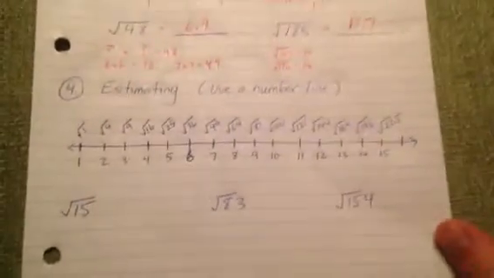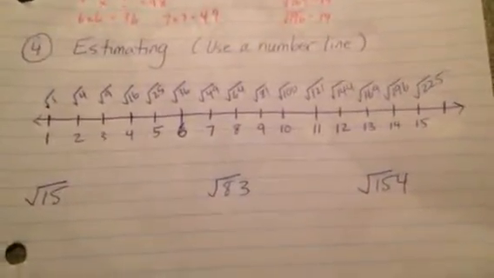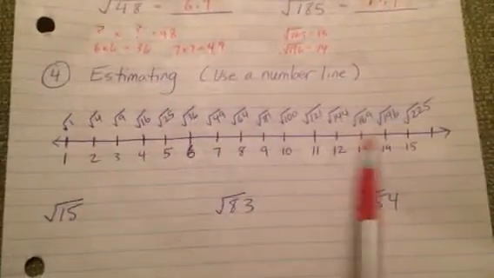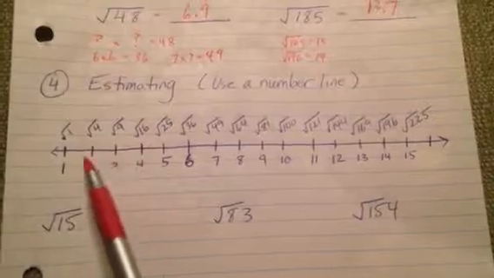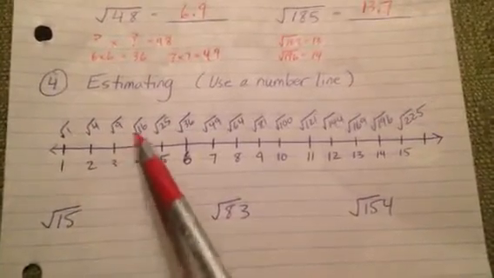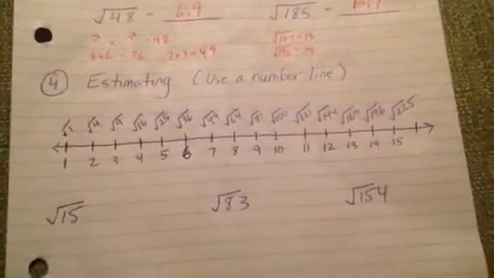Okay, which leads us to estimating, which is very, very important in grade 8, the ability to estimate without using a calculator. So here we use a number line. It's called a square root number line. So when we square root 1, we get 1. Square root 4 is 2. 9 is 3, etc. You line it all up like so, and that gives you a nice, easy visual